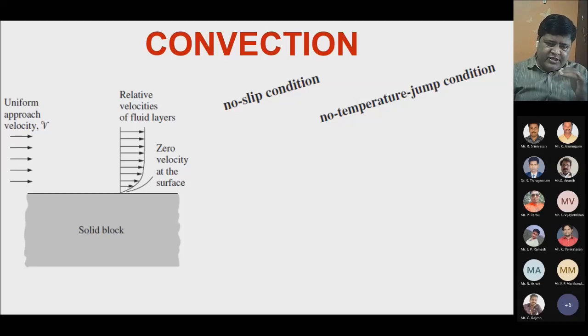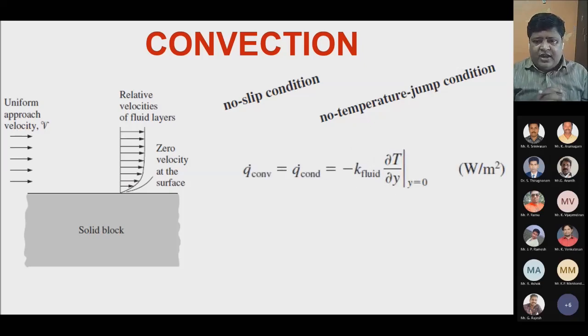So the fluid that is in contact with the solid surface, since it has the no slip condition and is not moving, will quickly come into thermal equilibrium with the solid surface. So the velocity is zero, and the temperature is equal to the solid block, only on the surface of the solid block. These two conditions help us to use this equation.